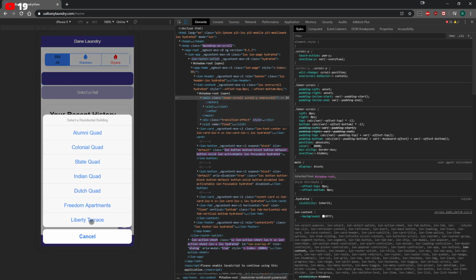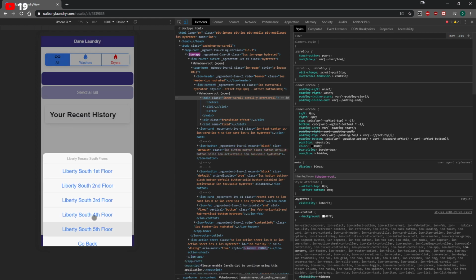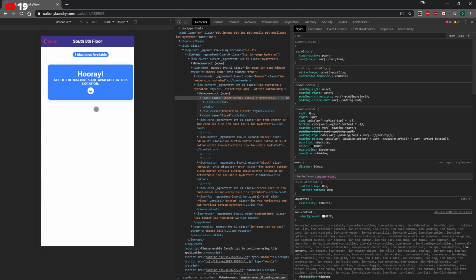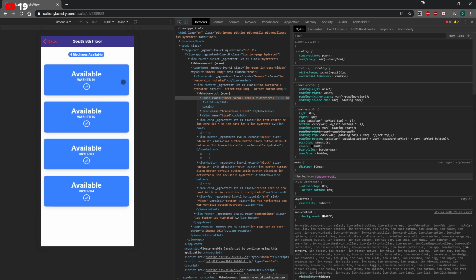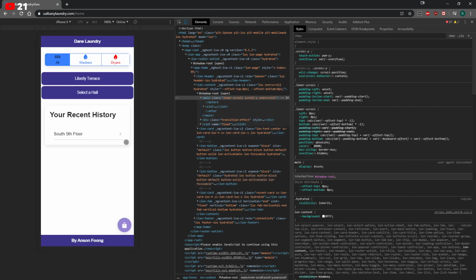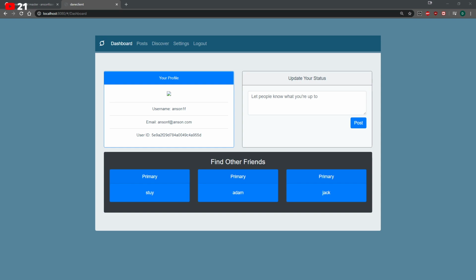Alright, so this should work now. Okay, that was an epic fail. Let's try this again. And that gives us laundry data, so we can see all of the available machines. Okay, we can swipe and see all of the machines are available. I can also refresh if I drag down. I can't drag down here, but on mobile, you can drag down and it'll refresh. And that's pretty much it. It's just a simple laundry app that I made, and my university residents seemed to have liked it a lot, so yeah.